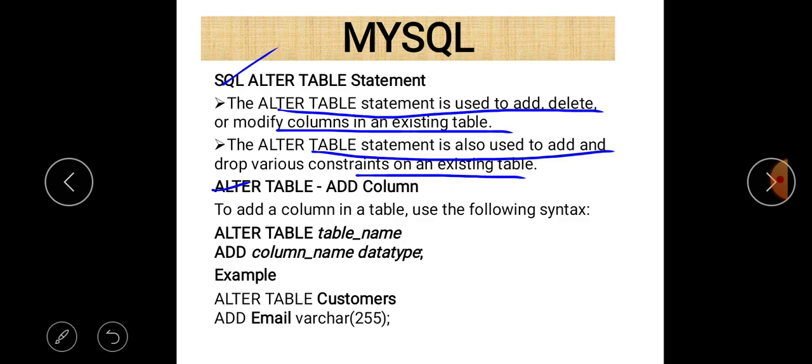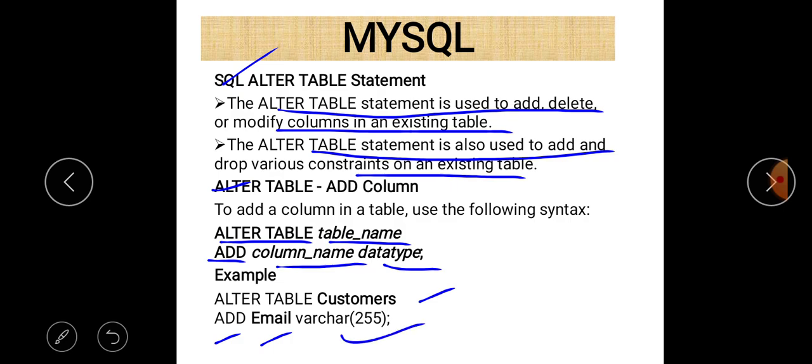For that purpose, first of all, we write ALTER TABLE, after that the table name, and write ADD as a keyword, then the column name, and after that the data type of that particular column. For example, if there is a table named customers and we want to add a column named email, then we just write ALTER TABLE customers ADD email, and the type of the email, suppose, is VARCHAR.